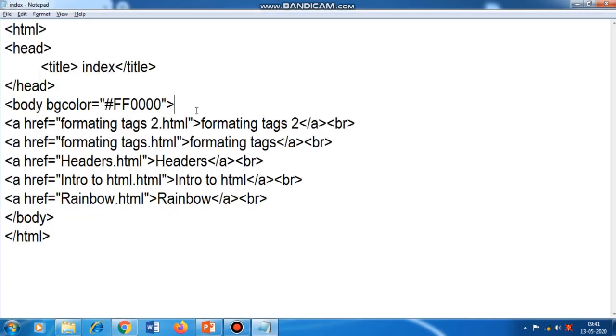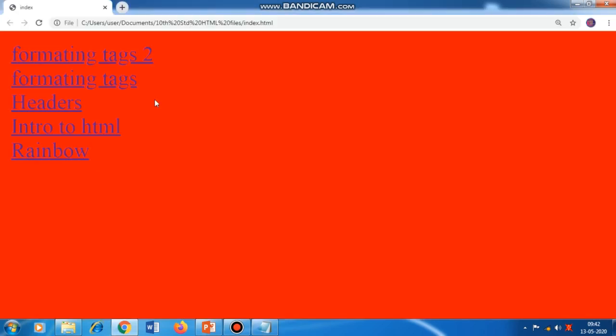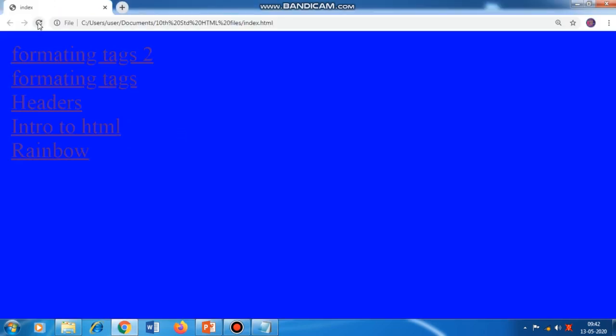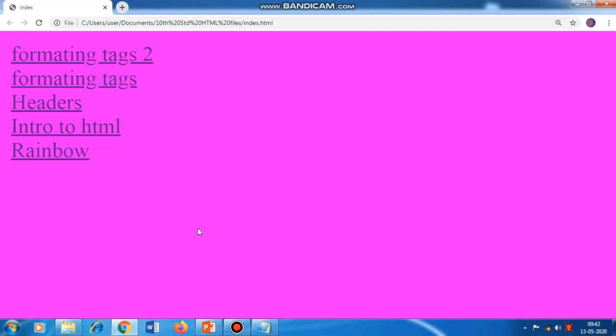Now if I want to prepare blue color, then I put FF here and the other colors' quantity I put 0, 0. Alt tab and refresh. Now if I want to form purple color, then purple color is formed by the mixture of red and blue. So red color I keep at full quantity and blue color also up to full. So FF00FF. Now I give a refresh. So the color has turned to purple.